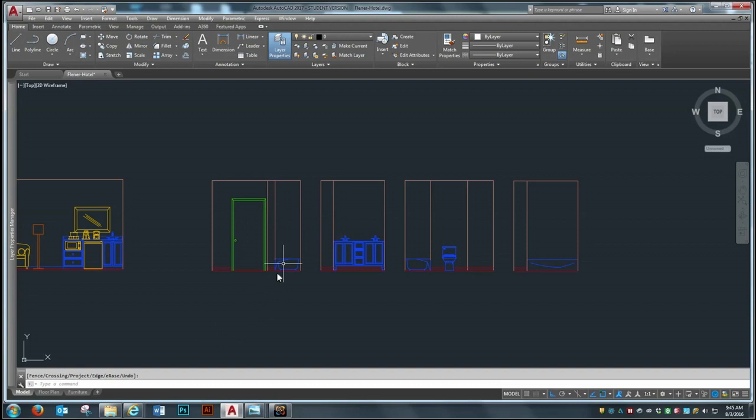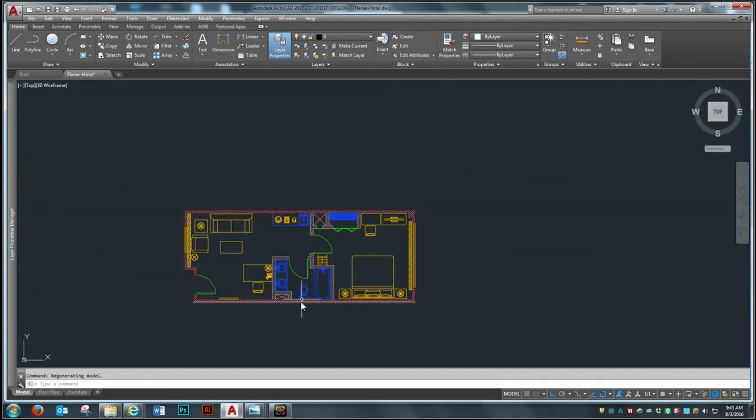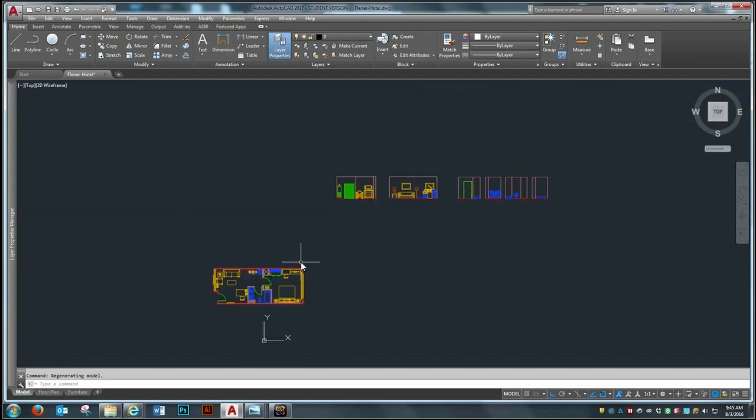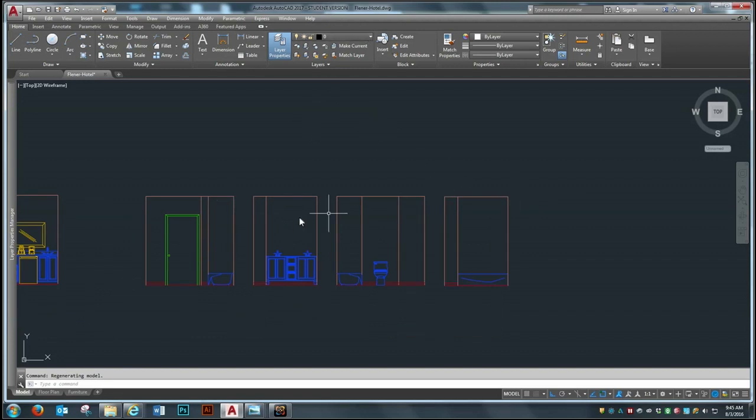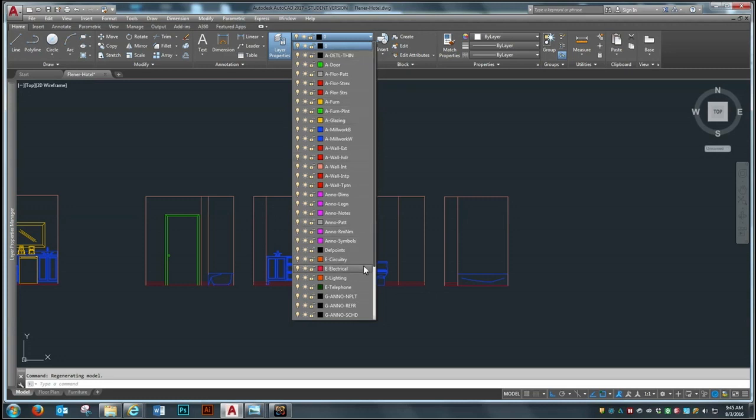So I'm standing in the bathroom looking at the bathtub. That is correct. I'm looking at the door. That's correct. Okay, that's all correct. Alright, so to put in hatching, to show our tile, we're going to change our layer